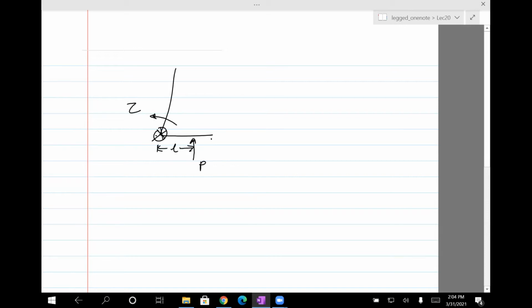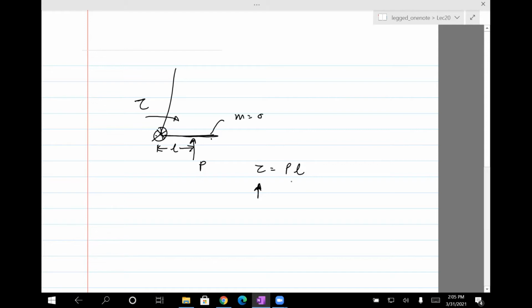Okay, so in this case, my bad, the torque should be this way, because the torque will basically propel this forward, right? So it will generate a push off. So if the torque is this way, if the foot is massless, then you can see that for equilibrium, torque equals P times L, right? Because this foot is massless. So now what will happen is, as you keep increasing this,